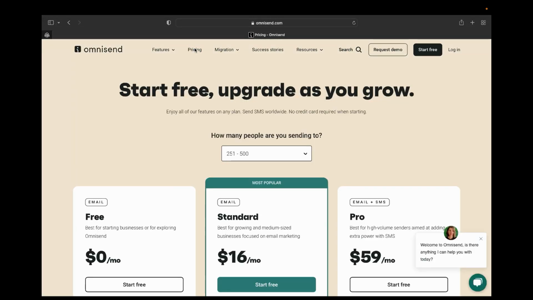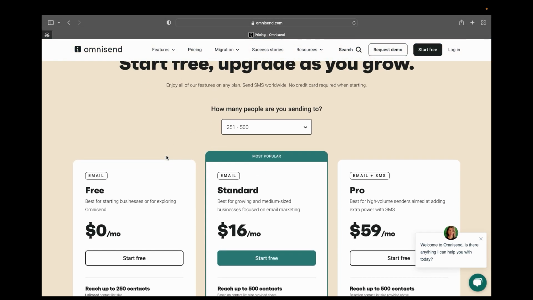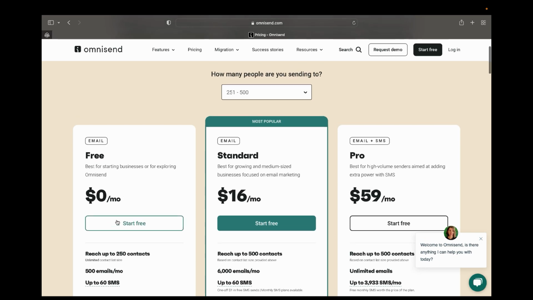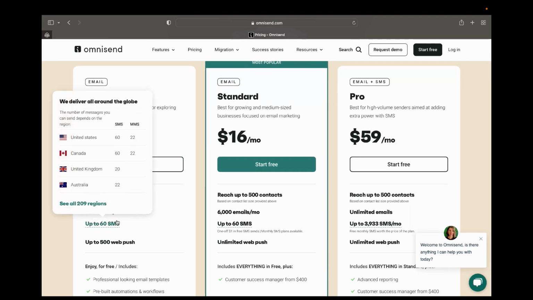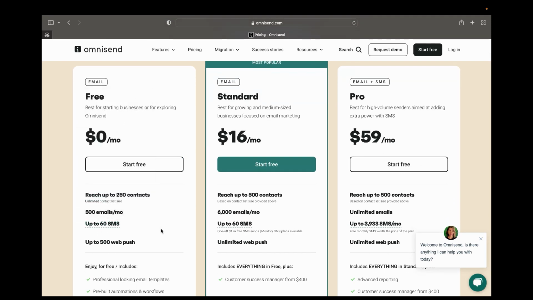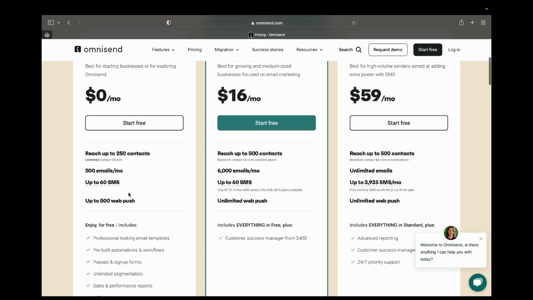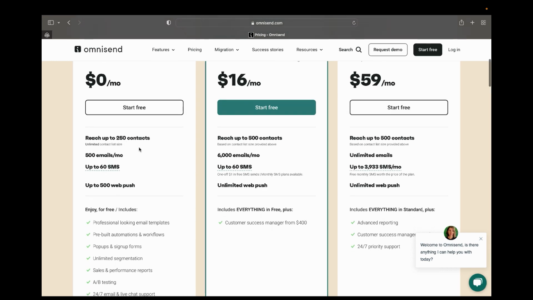It's easy and free to start, and you can upgrade as you grow your business. Of course, you can start with a free trial. If you are just a newbie and a beginner, I would highly recommend you start with a free trial, because this is easy for starters, and for those who just want to explore Omnisend, and it's free. But of course, everything that comes free always comes with limitations, so you probably won't have access to many features. What you can get is only 250 contacts and 500 emails per month. This is what you can send,